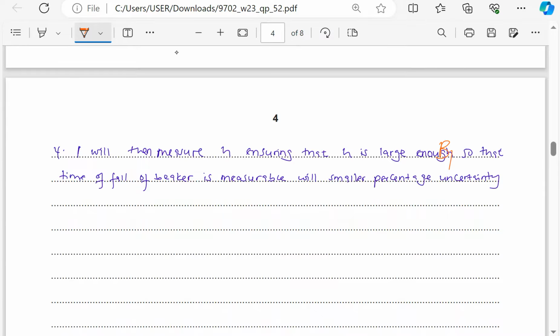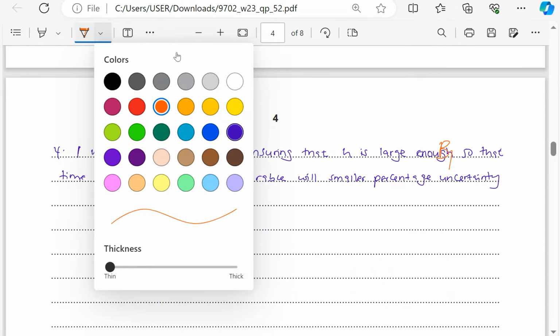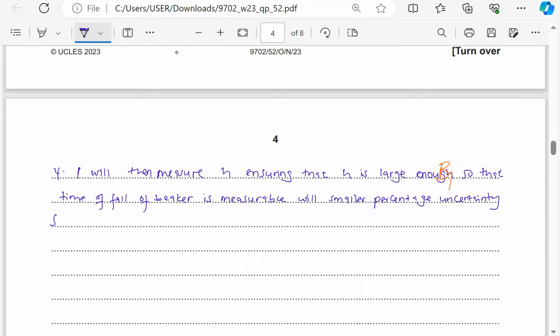Then step number 5, I want to try and keep time. Step number 5, I haven't measured the volume, so I will measure a volume V of oil. And what will you use? You will use a measuring cylinder. So using a measuring cylinder,